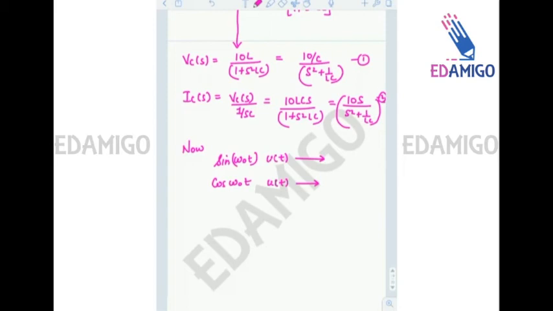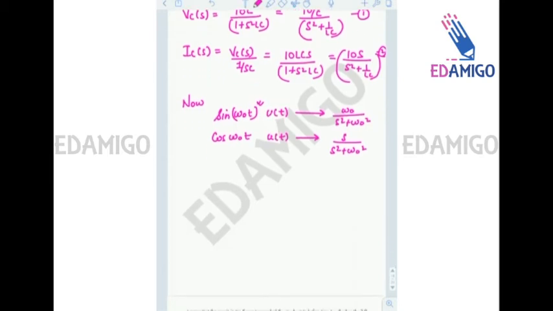You can say that sin omega naught t u(t) has Laplace transform omega naught divided by s square plus omega naught square, and cos omega naught t has Laplace transform s upon s square plus omega naught square. So by comparing, we can say equation number 2 with equation number 3 and 4. Okay, so from equation number 2 and 4, I can say that